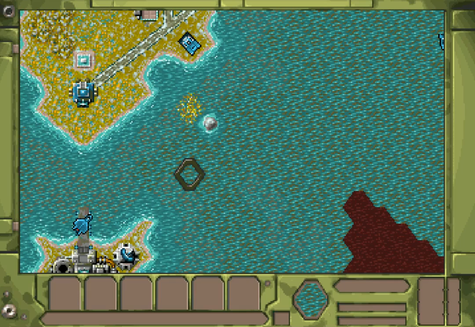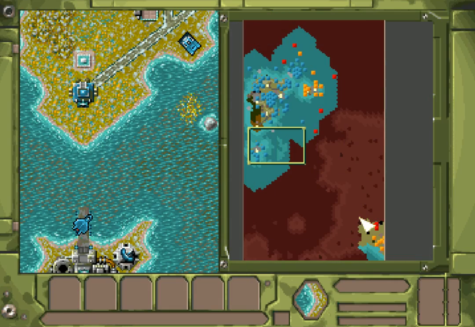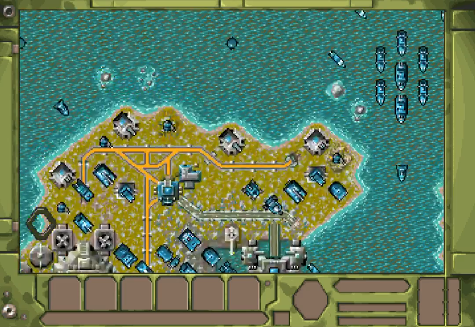A new mission of Battle Isle. And if the last one was long, this looks like to be potentially much greater. We have an ally, but this is a naval fight, air force fight. We can, I think, make units, but